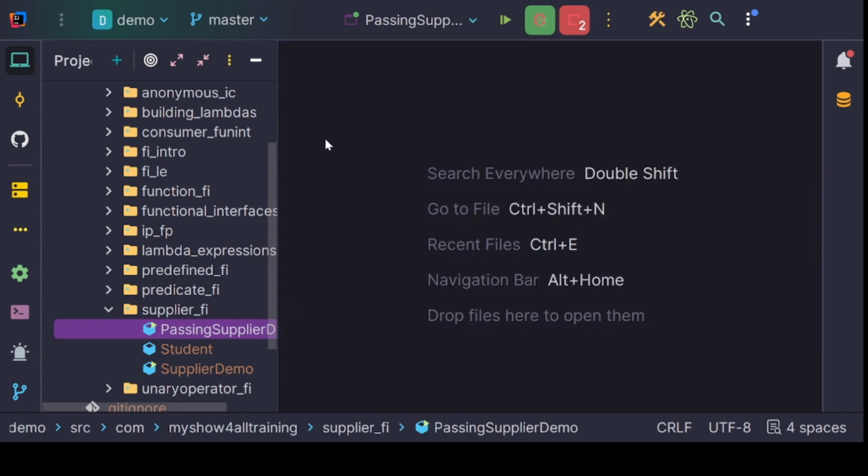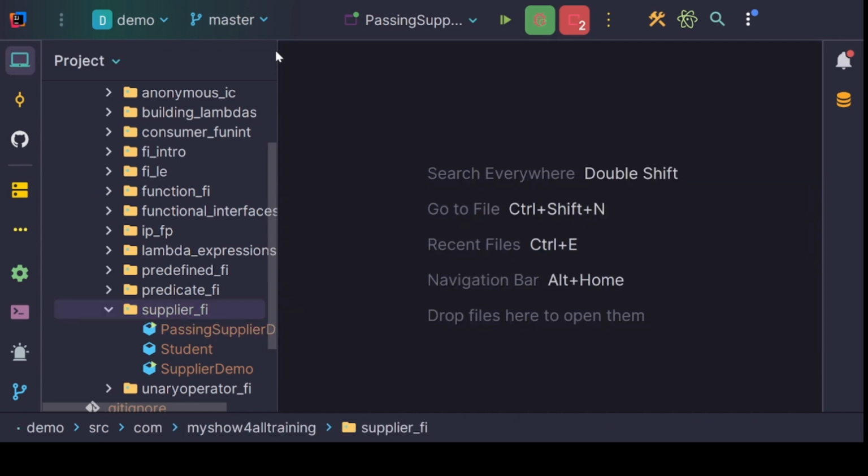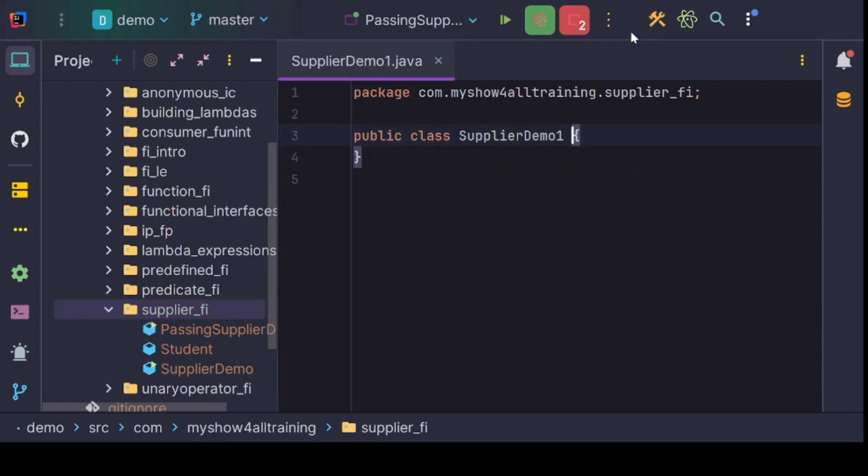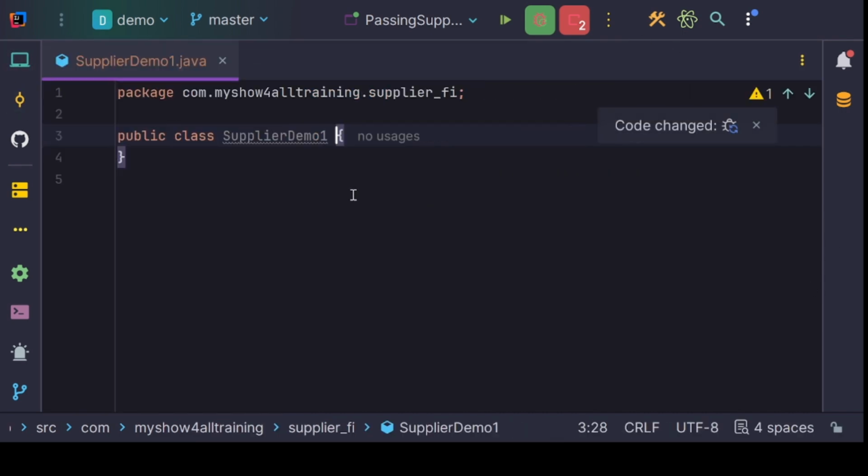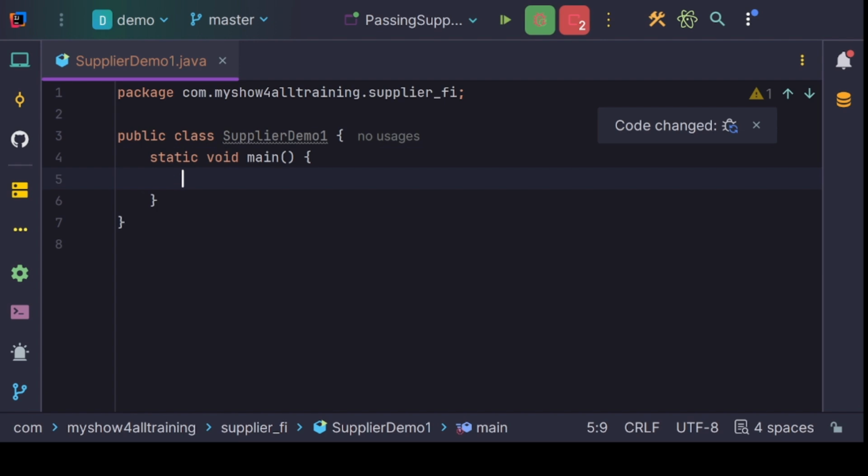Let us see that in demo. I'll create the class with supplier demo 1. So main method, Supplier of Student, so default student